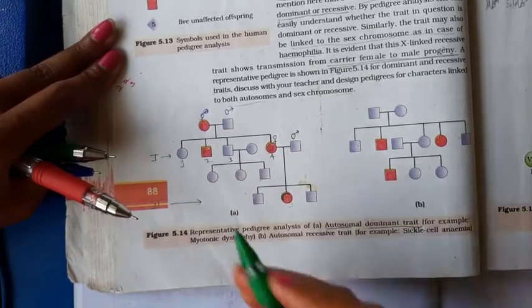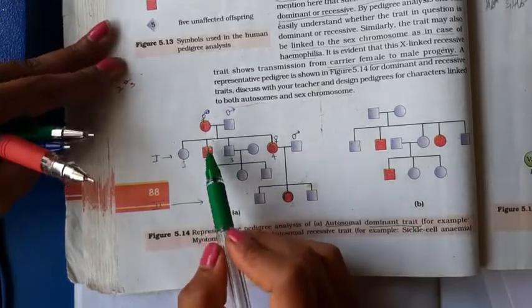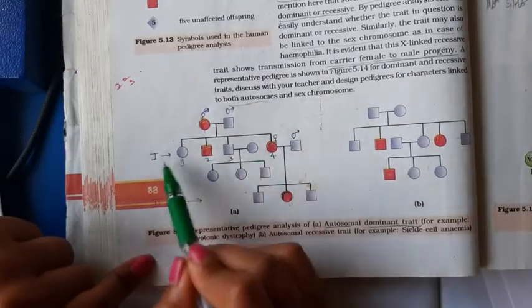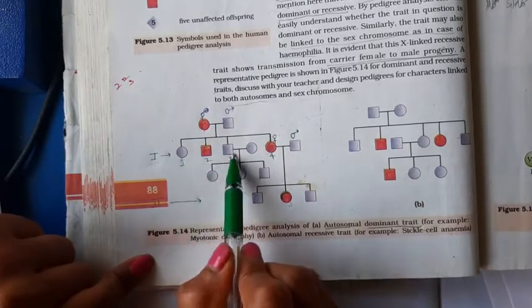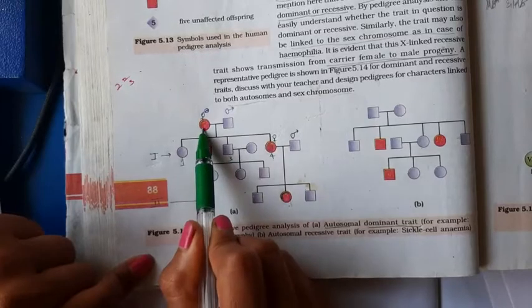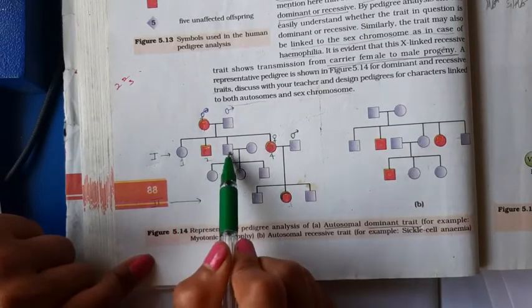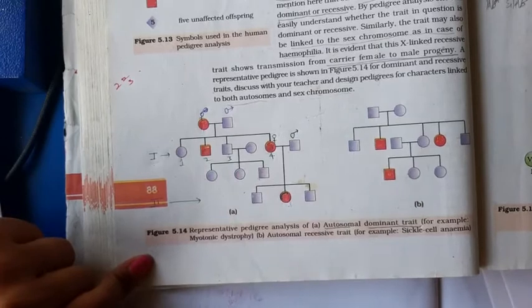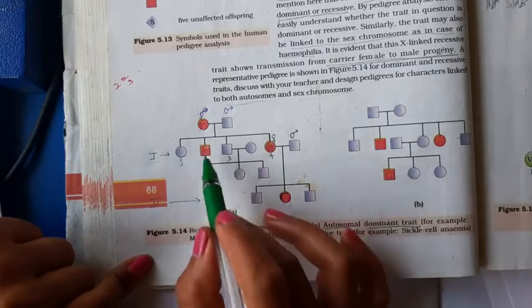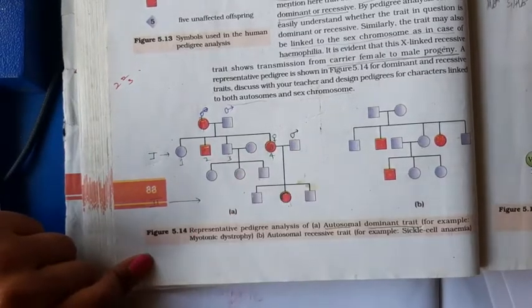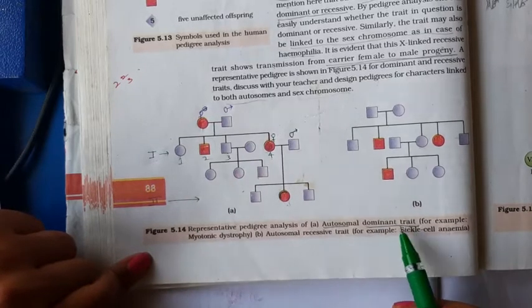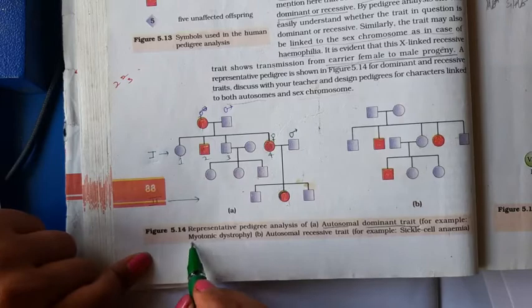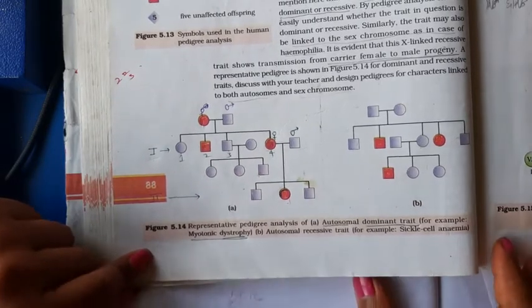It will appear in all the offspring which are present in the first generation, because 50% of the genes are transferred from mother in all the offsprings. If it is recessive, we can say that all the offspring must be defective. But how can we say that it is dominant? Because it appears only in the 50% of the offsprings. You can say autosomal dominant trait. For example, myotonic dystrophy, it is not that much necessary for you.